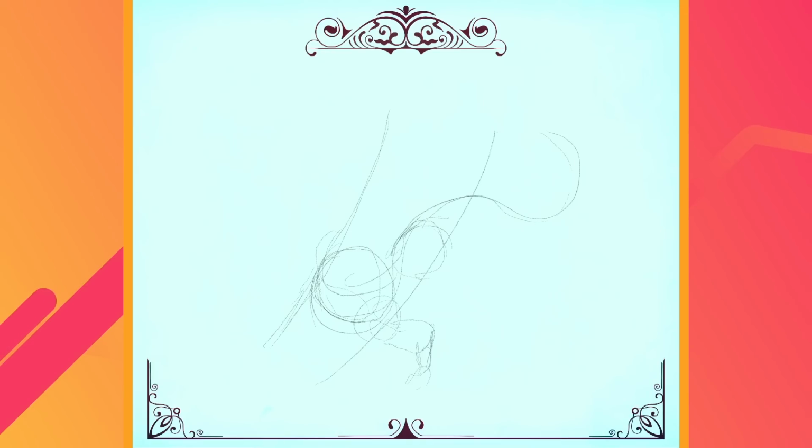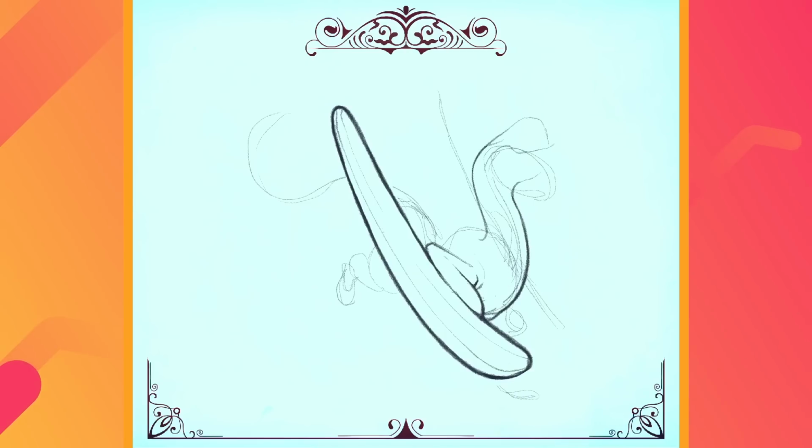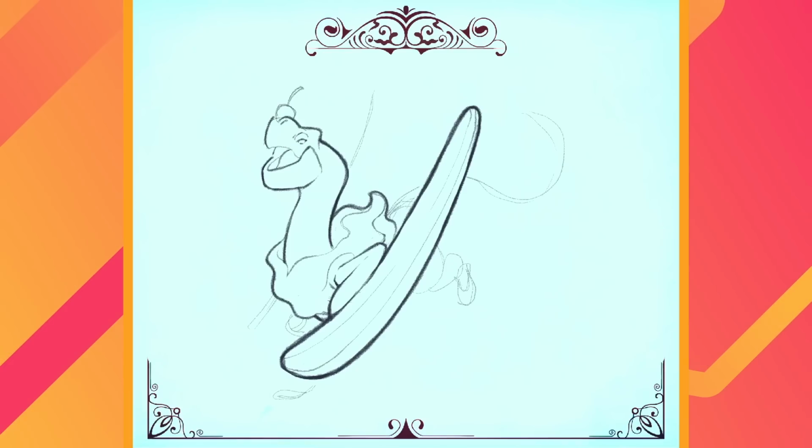The last dragon I made this week would be the last I did in this rough, sketchy style. For a banana split, I was tempted to do a multi-headed dragon. I still like the idea, but I was afraid it might look a little too much like the corn dragon I made last year. Instead, I used a little visual mimicry and shaped the wings of this dragon like two